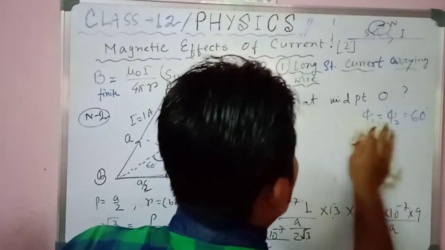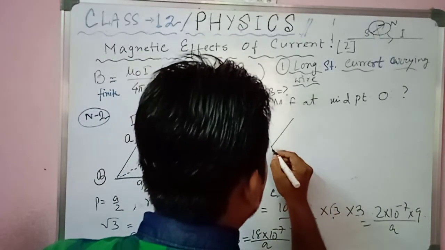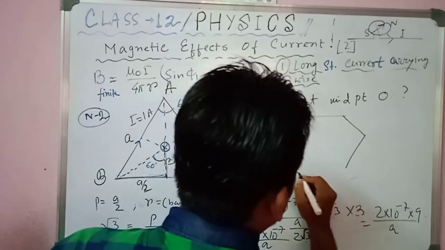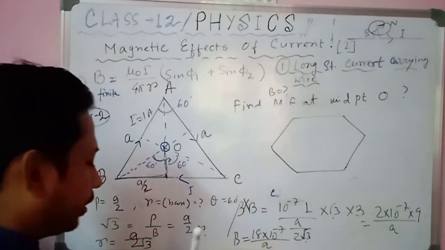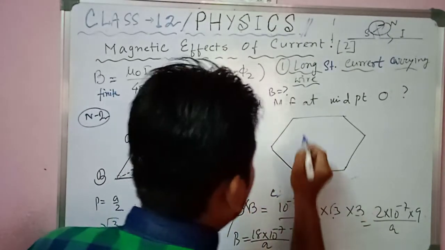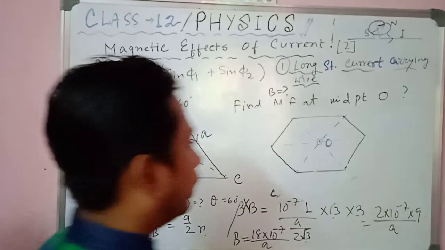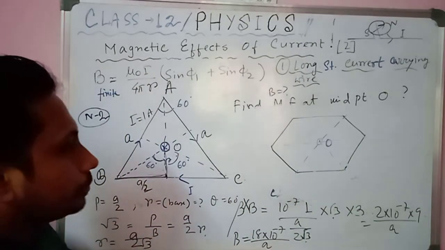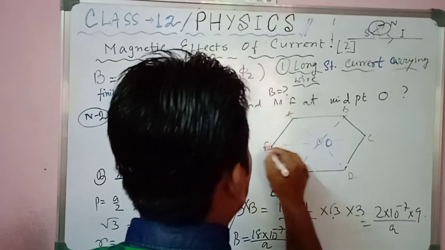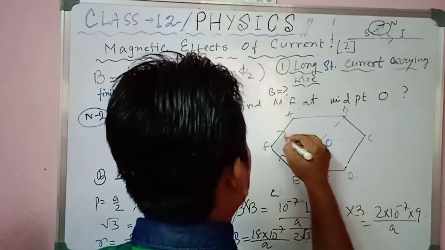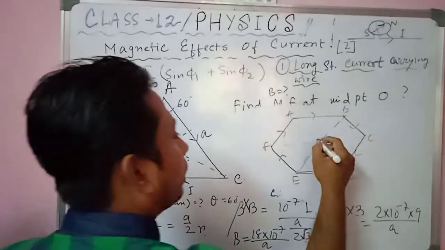Find the magnetic field at point O for a regular hexagon. Hexagon means, students, you know, a benzene ring. So you have to find the field at the point O. Where is the point O? If you join this portion to that portion like this, this point is called O. If you name the vertices A B C D E F, the current passes like this, and so it goes into the paper, so it will be a cross.